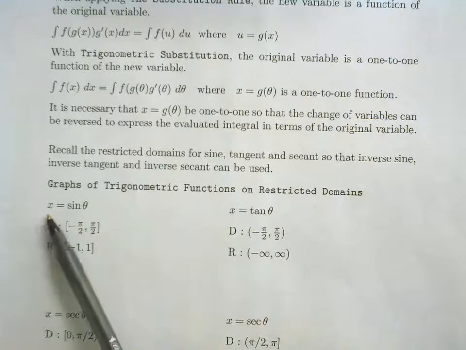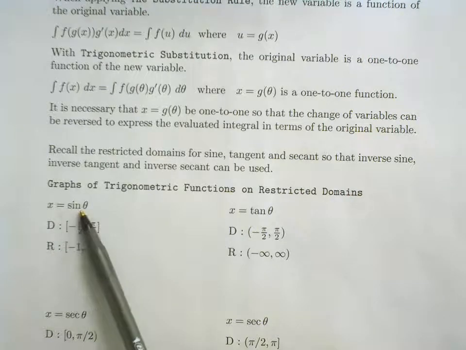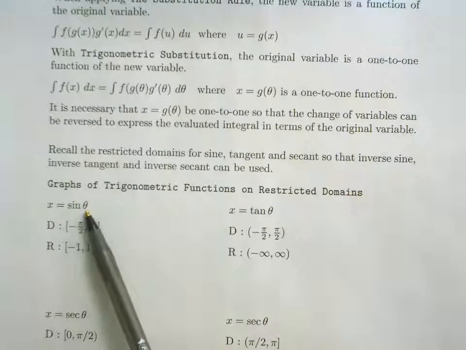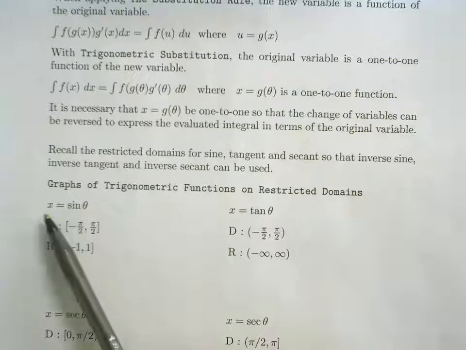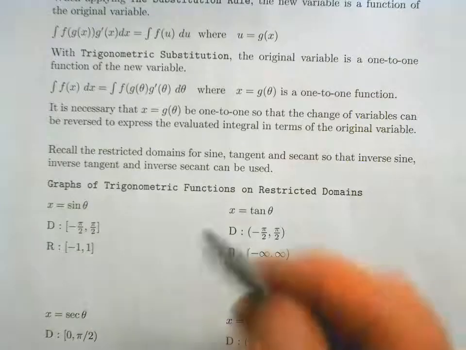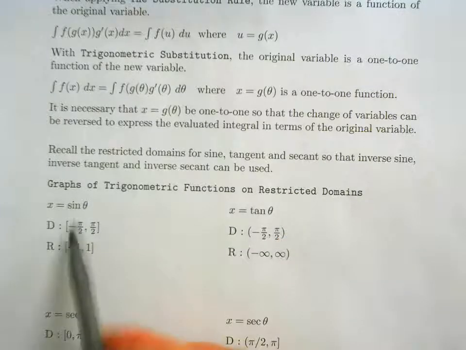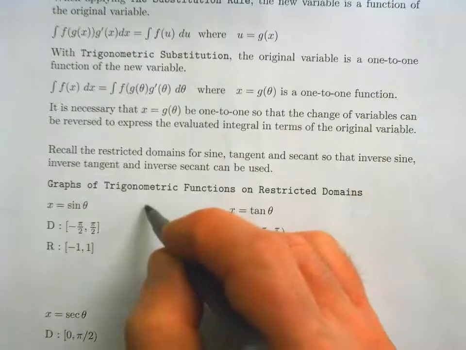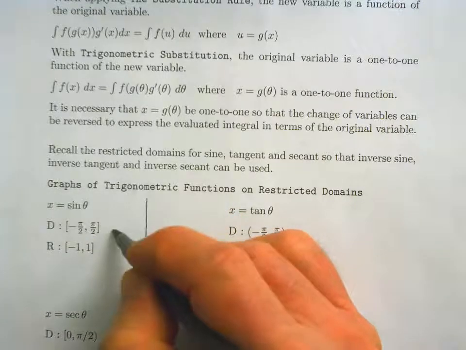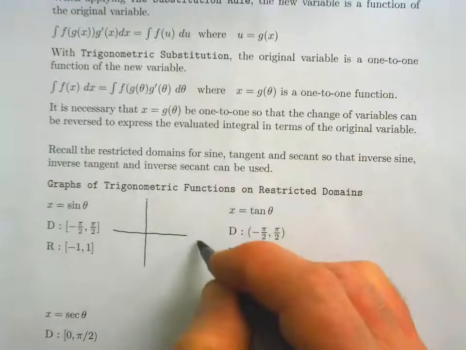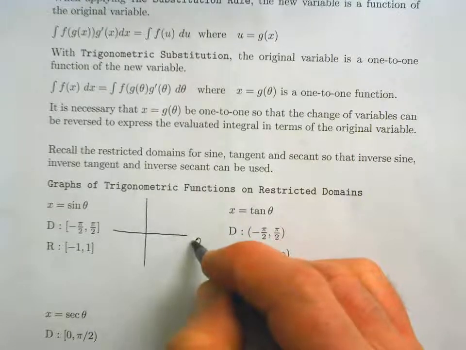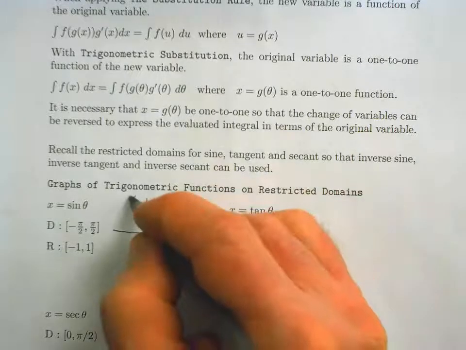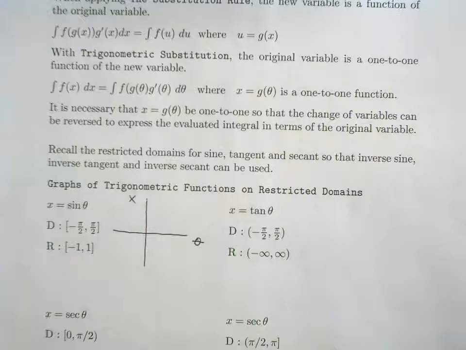So here, if we have x equals sine of theta, theta is the domain variable and x is the range variable. To make the sine function one-to-one, we restrict the domain to the interval from negative pi over 2 to pi over 2. So if we sketch a graph of that, the horizontal axis is the theta axis, the vertical axis is the x-axis in this case,